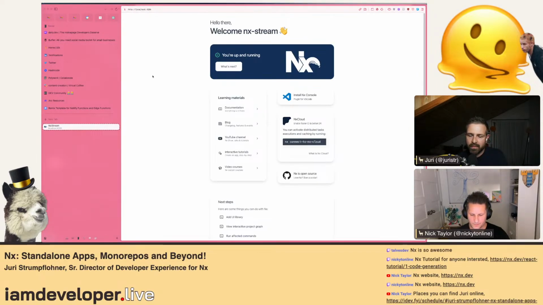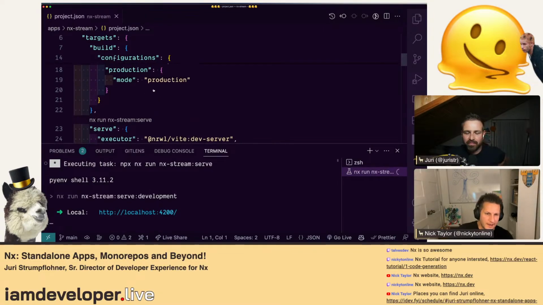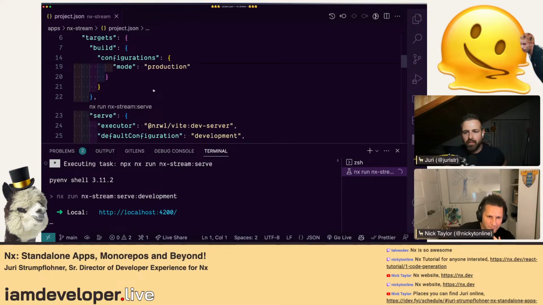Cool. No, that's nice, and it's super fast. Obviously, it's a very skinny Vite project at the moment, but it is Vite. Okay, so that's pretty neat, and I don't know when I set up Nx. I think it's because I was testing an Nx monorepo the other day. It must have prompted. Could be.